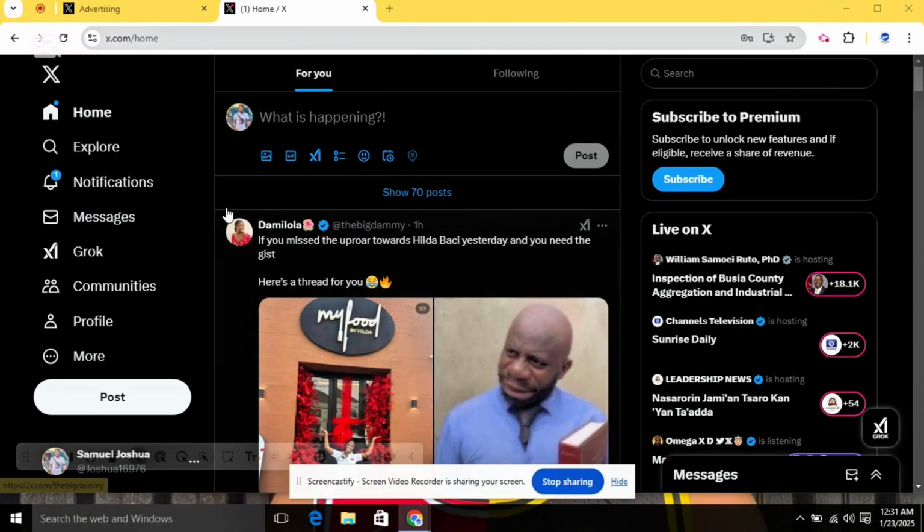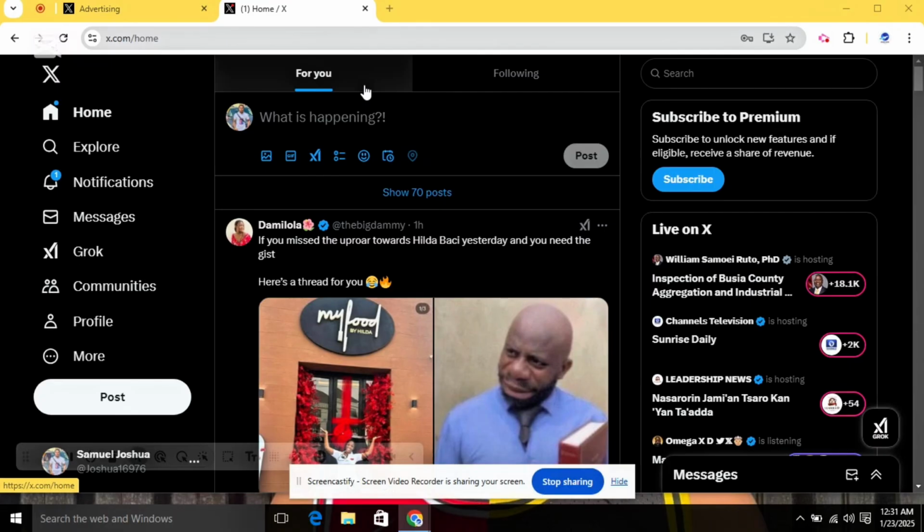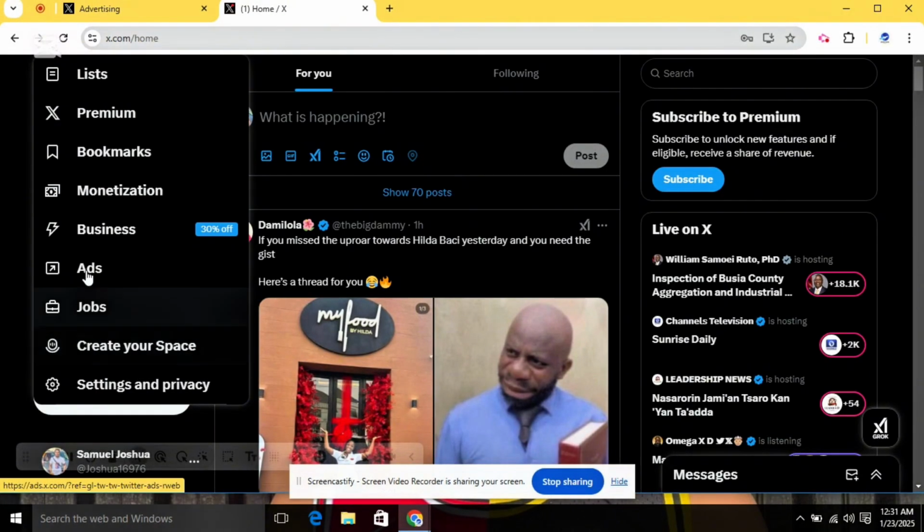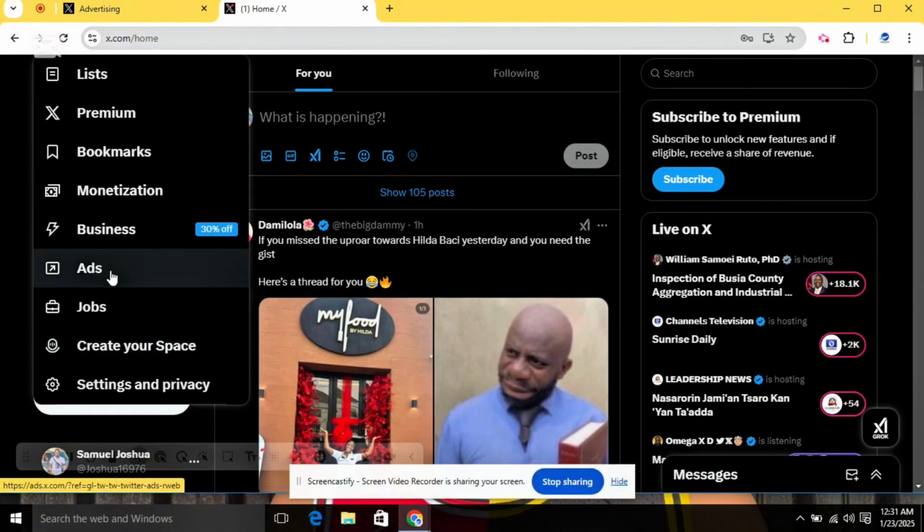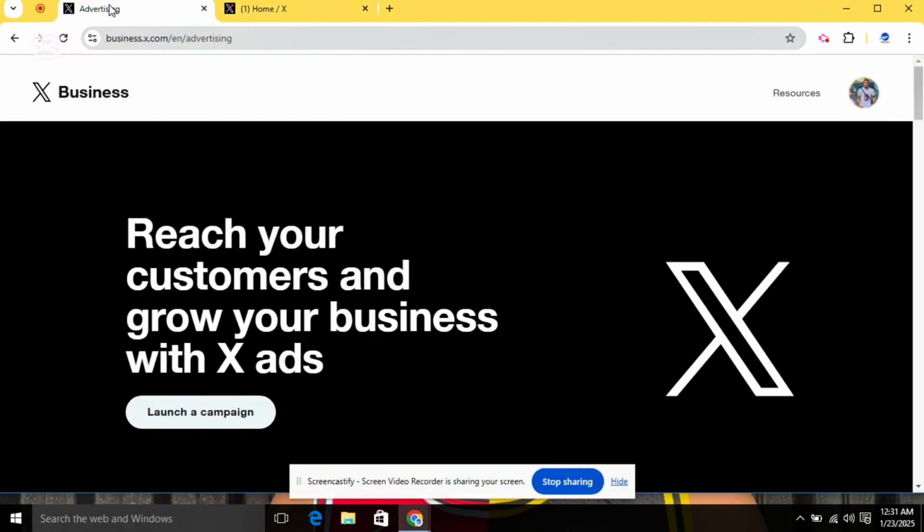So now the first thing you want to do is to log into your X account. You can see here, this is my X account. After you are logged in, just click on the More option here. Then you will see Ads here. There are two different ways you can run this advert professionally. You can either come to this tab here which says